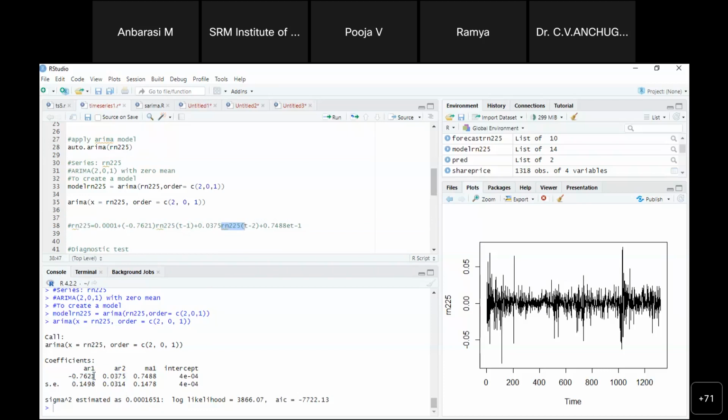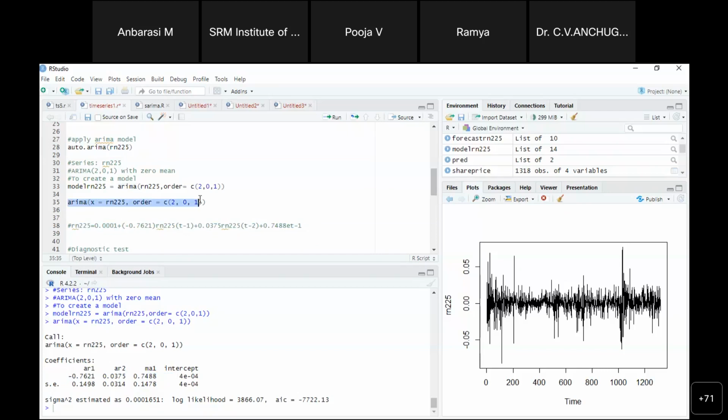So with 2 lags, we are trying to calculate it plus 1 moving average value: 0.748, and then the error also we have to consider. This only we have to specify in the equation. Okay, so don't forget, whenever you are going for a publication, after creating a model,